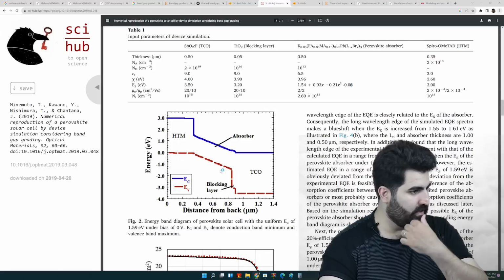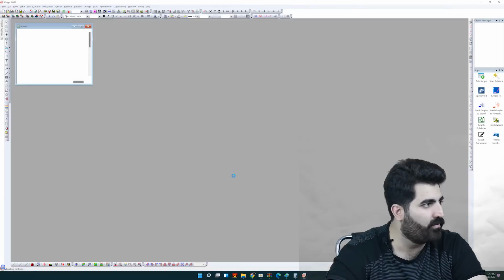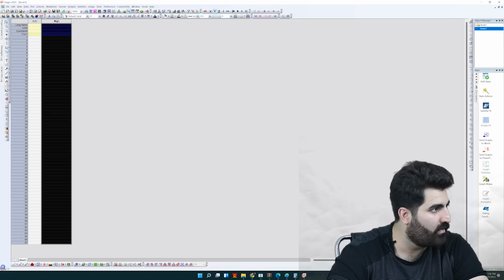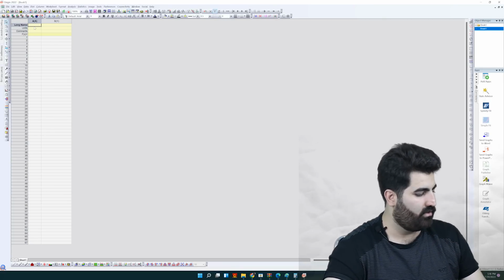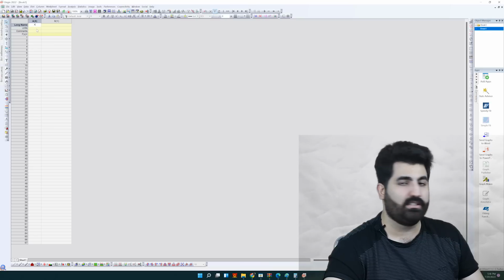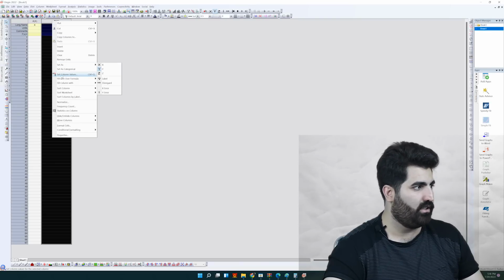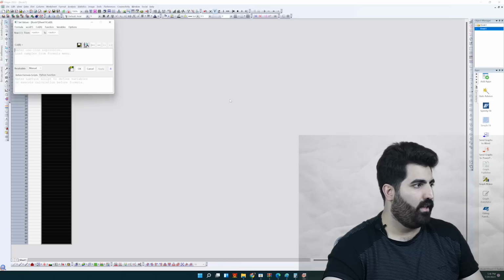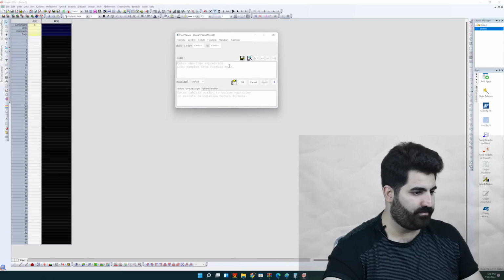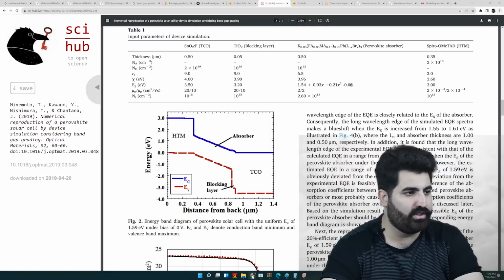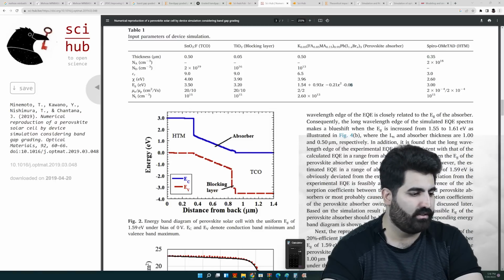You can see Origin 2022, and you can write your function. I can use a variable x here, and I can just right click on the second column and set column values. Here I can input my equation. It's equal